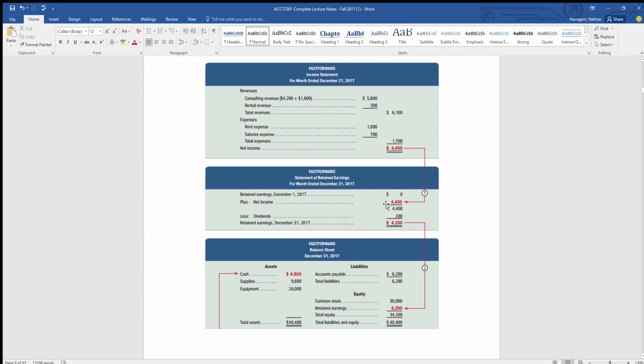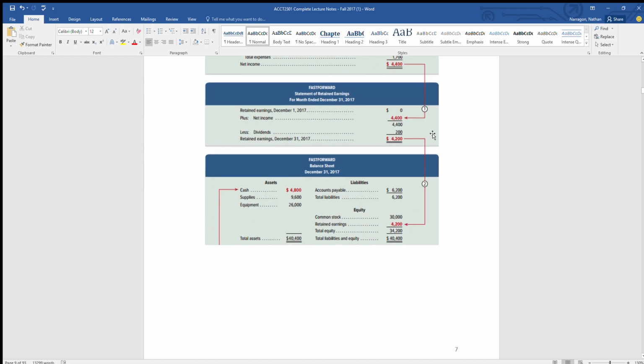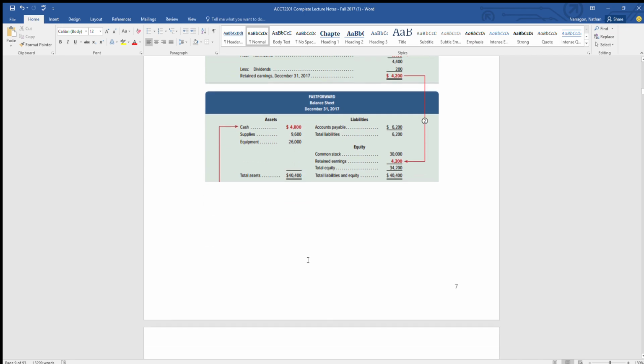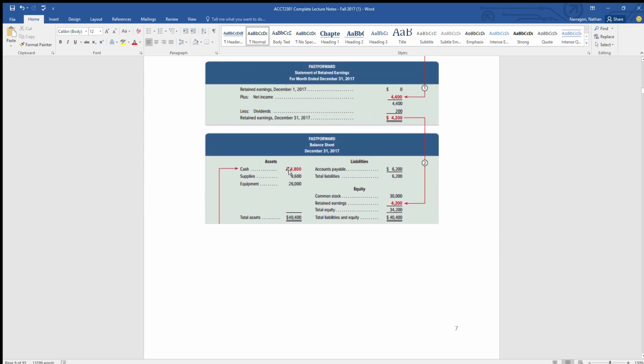So we add the net income, but they did pay out dividends of 200, so subtract 200. So our ending retained earnings is only 4,200. Take that, move it over here with retained earnings. Boom, there it is. Now, this one, I know the notes don't go into the cash flow statements, but this